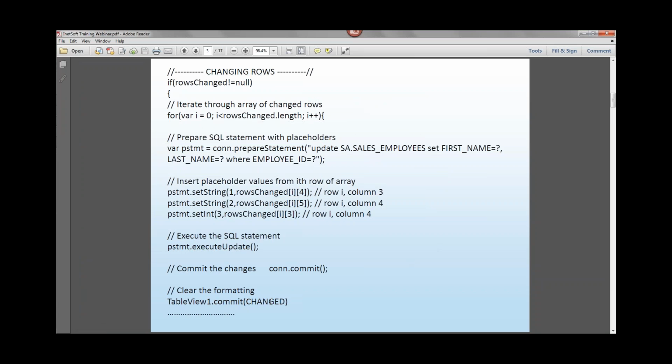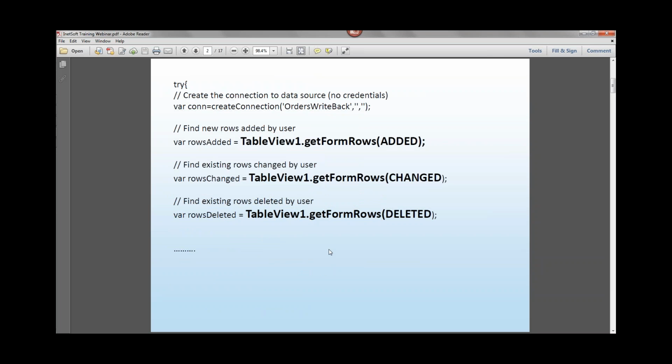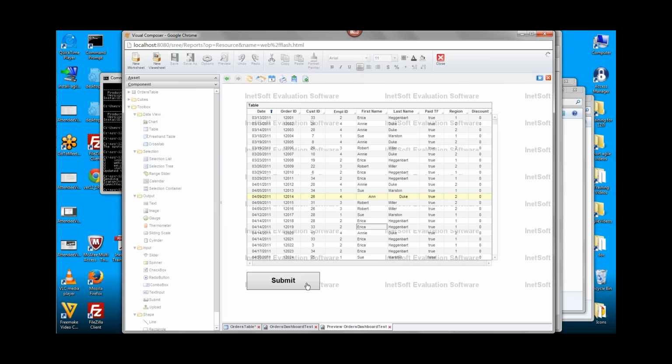Actually, probably doesn't. It clears the formatting and it clears the arrays, right? It clears these arrays. So if you want to basically clear out the formatting on the dashboard and you want to clear out the values that are stored up in these arrays, then you can use that property. I'll just show you very quickly how it works.